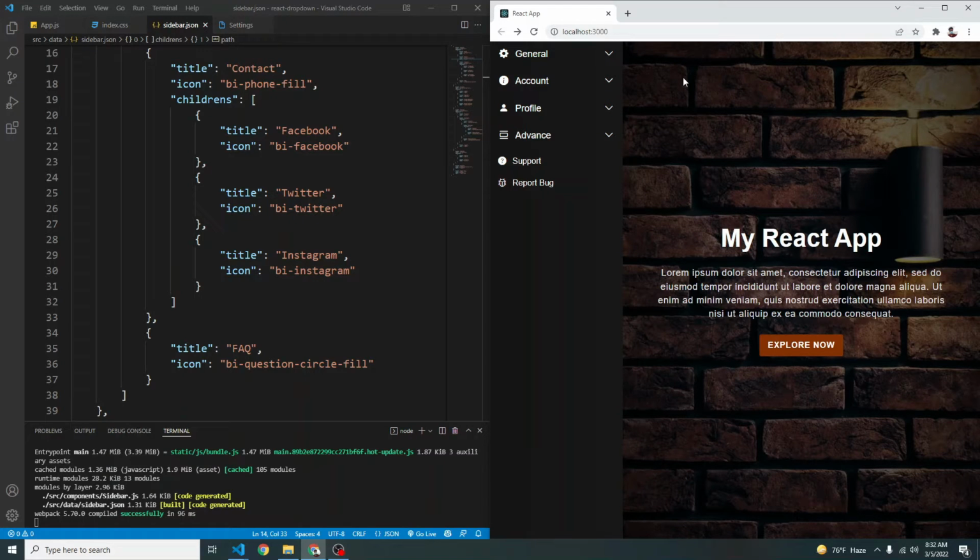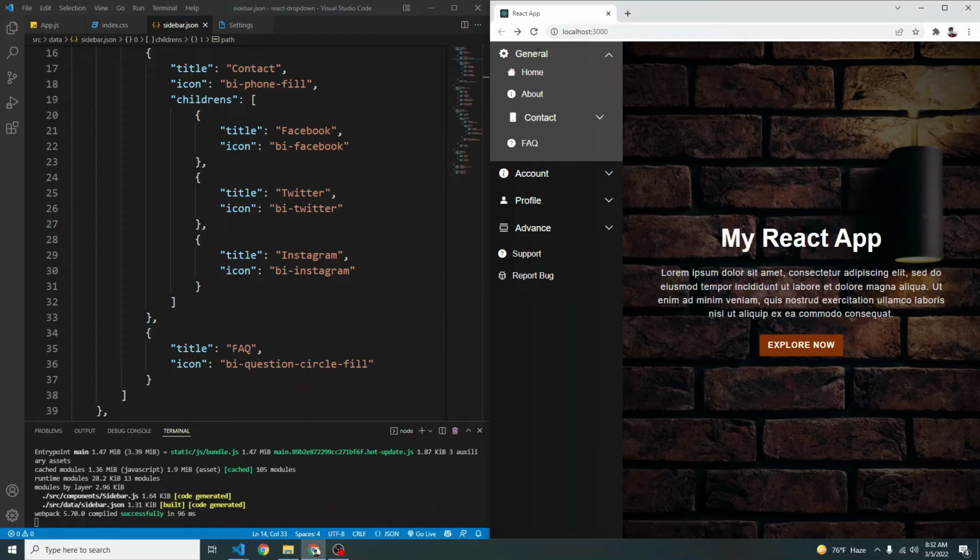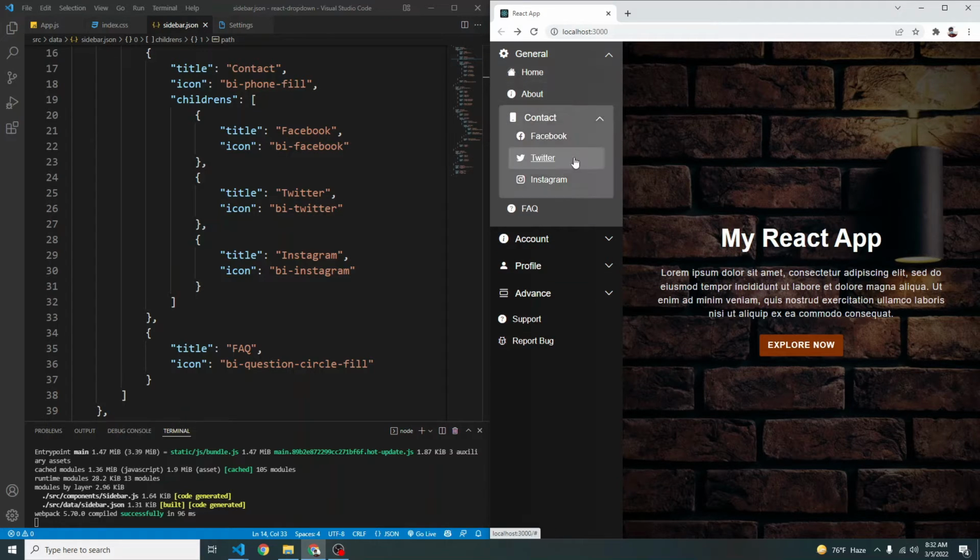In this video, I'm going to show you how you can create this sidebar with multiple depth of side menu inside it. So what do I mean by that? If I were to click here, as you can see, the general setting has another submenu inside it, and this contact item here has another submenu inside it. So we have 3 depth of submenu.